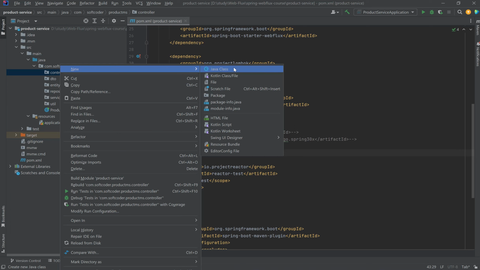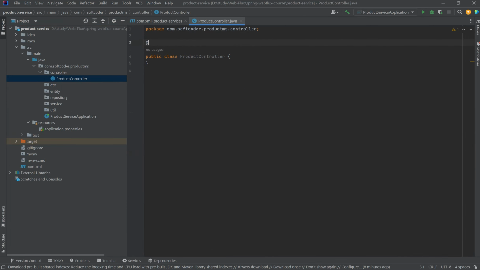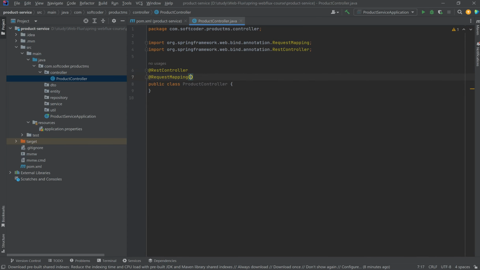So here I'll create the product controller, use the annotation RestController, and for the base URL I'll use the RequestMapping as product. Okay,